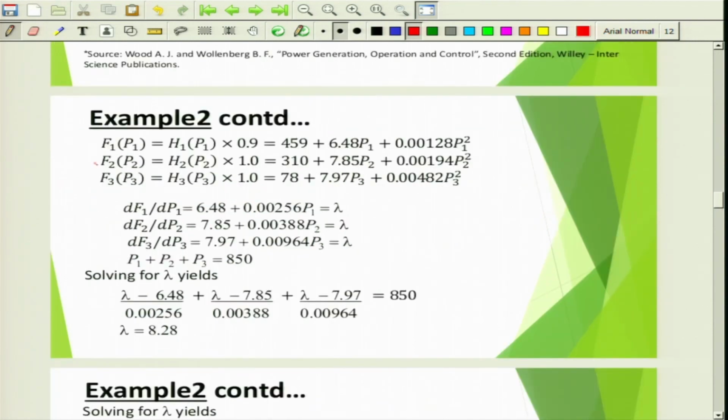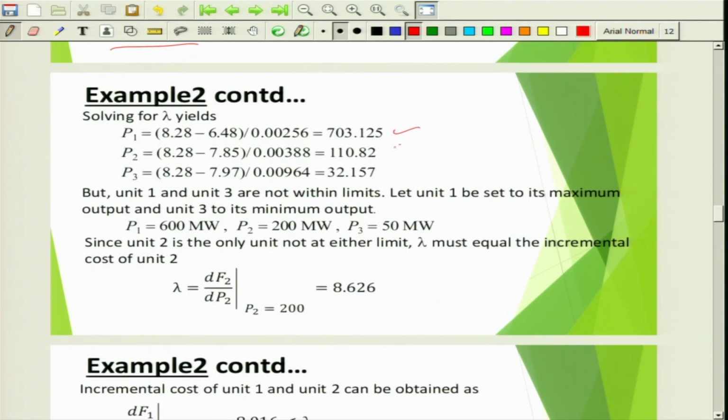The same approach, obtain the fuel characteristics for each unit, then obtain the partial differential equations dF1/dP1, dF2/dP2 and dF3/dP3, and they should be equal to the Lagrangian multiplier, which is lambda, and the summation of generation should be equal to 850. Now this will give you lambda as 8.28, right. Obtain P1, P2, P3 just like the similar example, but you see here